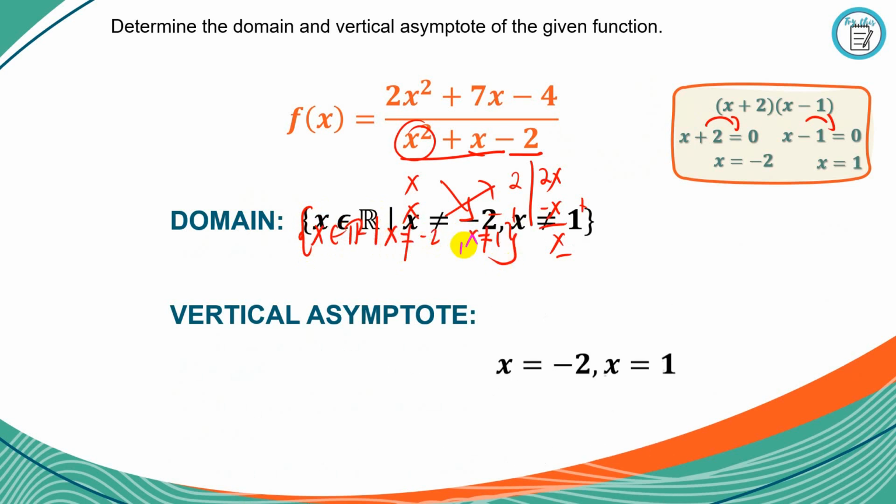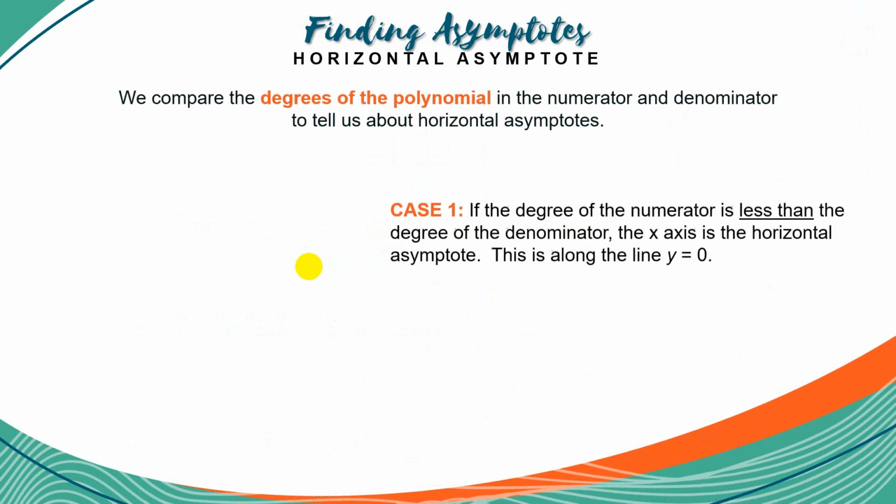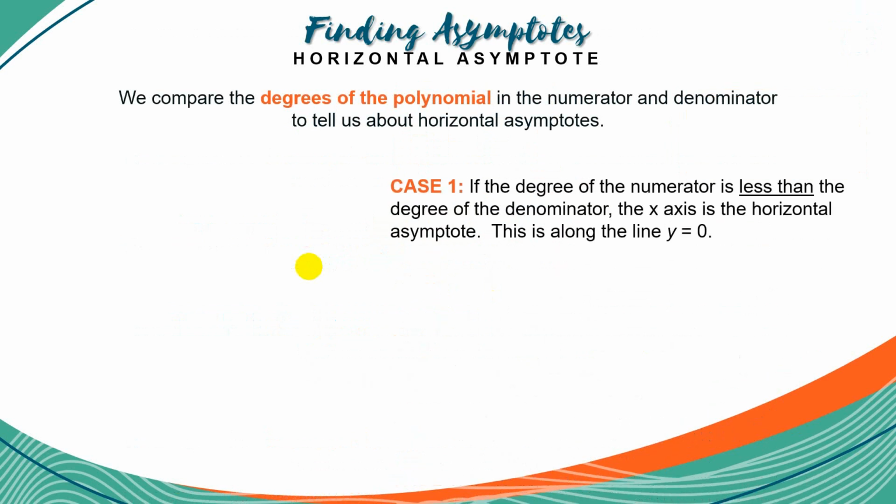And for the vertical asymptotes, these are simply the illegal values: x is equal to negative 2 and x is equal to 1. Just remember to use the equal sign here, but not for writing the domain. Next, if we have the x value or the vertical asymptote, we also have the horizontal asymptote, or the y value. We compare the degrees of the polynomials in the numerator and denominator, which tell us about horizontal